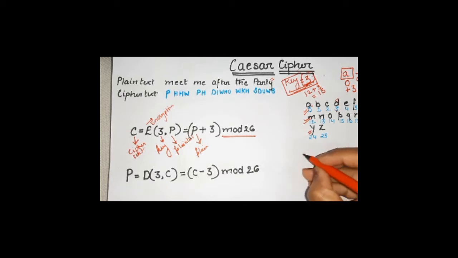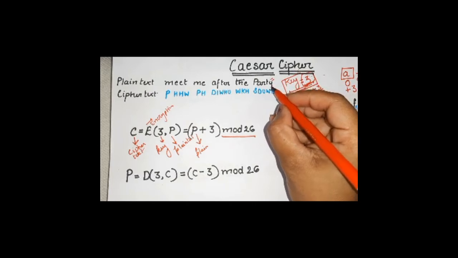In simple terms, if I say mod 3, what do I mean? I mean 0, 1, 2. After 2, 0 will repeat. If I say mod 4 means 0, 1, 2, 3, and after 3, 0 will repeat. Therefore, mod 26 means 0 to 25, and after 25, the value of 0 will repeat. And that is what we need. Because all of us know after Z, we need again A, B, C, D, E, F, G, H, I, J, and so on. So, let's use the formula here.